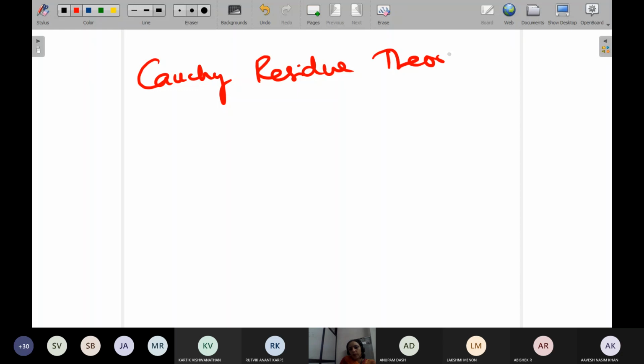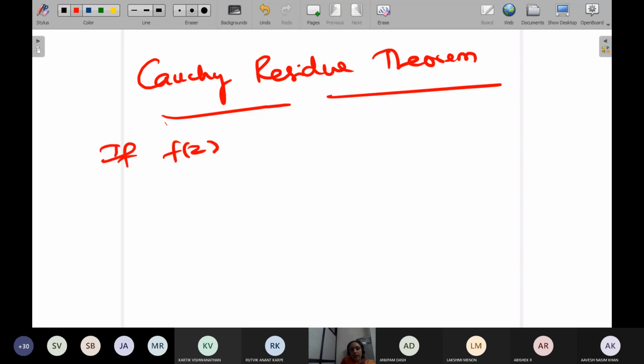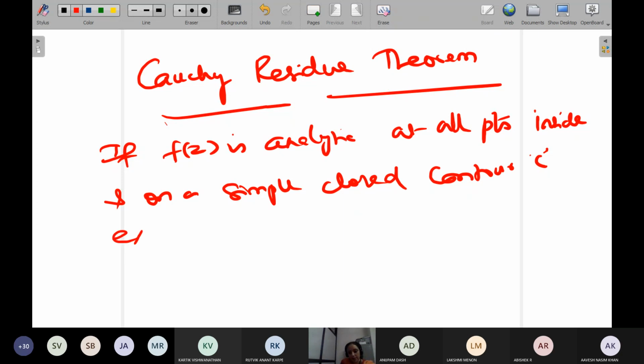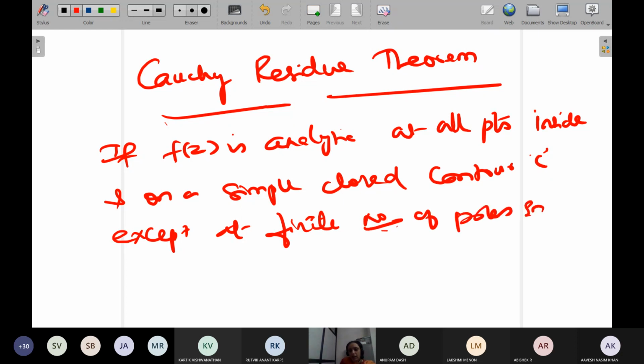Cauchy residue theorem. So what this Cauchy residue theorem says is, you can take down, if f of z is analytic at all points inside and on a simple closed contour C, except at a finite number of poles, say z1, z2, etc., zn within C,